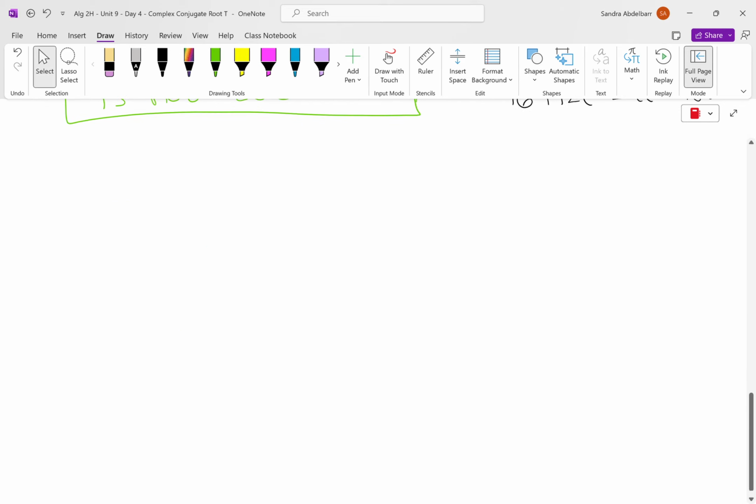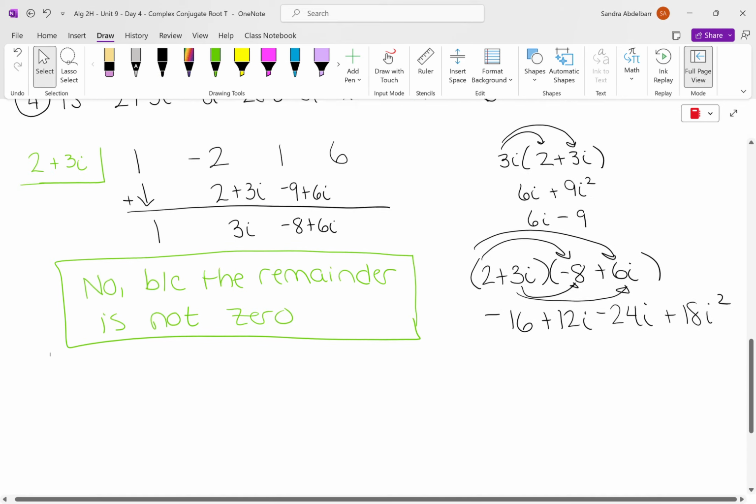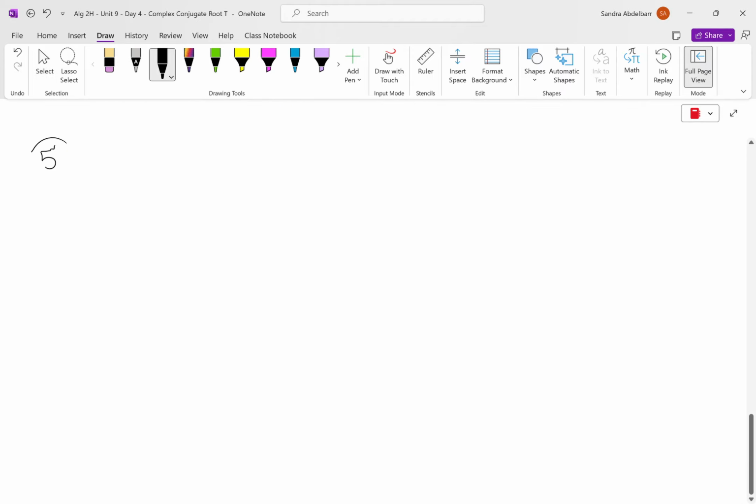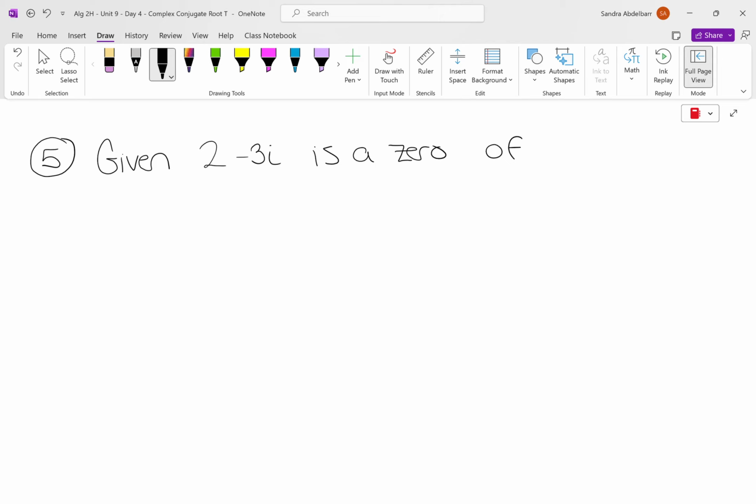Okay, so now I'm going to throw a little bit of a curveball, but not too bad. Given, oh no, actually, I think we've done ones like this. No curveball. Given 2 minus 3i is a 0 of